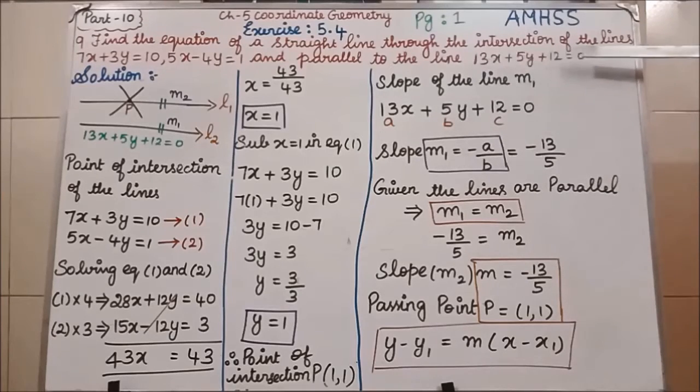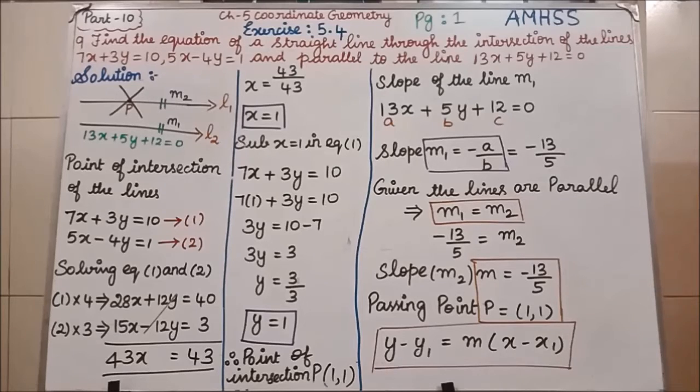Okay? If they have given the equation, then the slope formula is minus a by b. Here, the a value is 13, in the formula with a minus, so minus 13 divided by the b value, 5. Here, in the question they have given that the lines are parallel. Parallel means M1 is equal to M2. Okay, slope M1 is equal to slope M2. That is the parallel formula. We know the M1 value. What is that? Minus 13 by 5 equal to M2. I have told you many times, finally whichever M2 you are considering, that only is your M value.